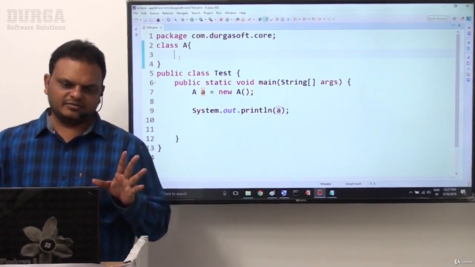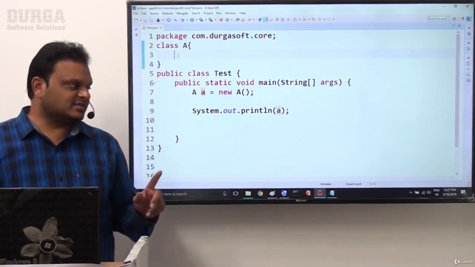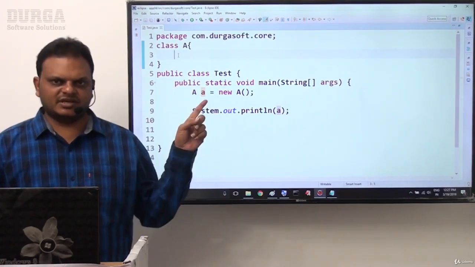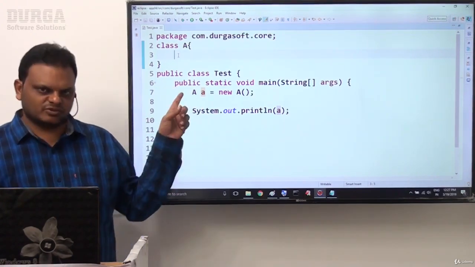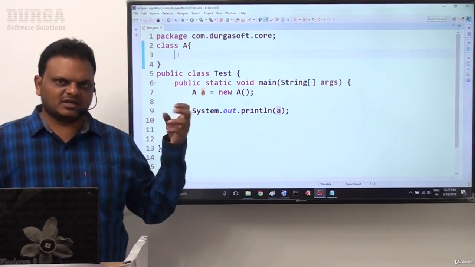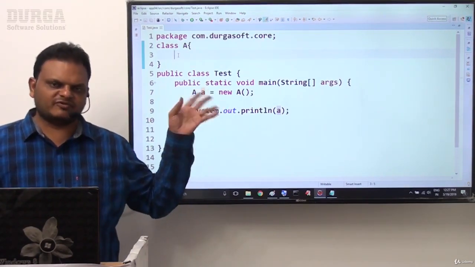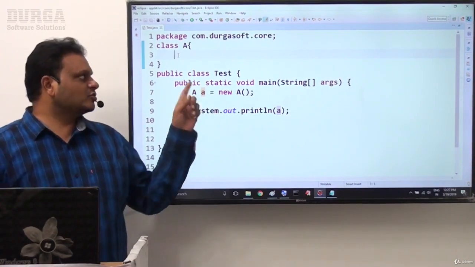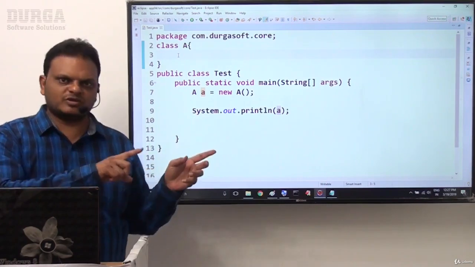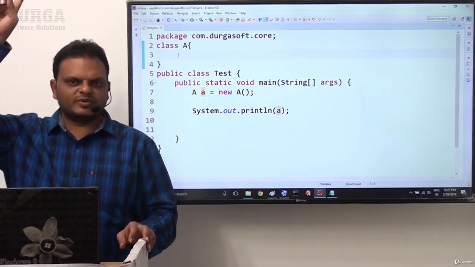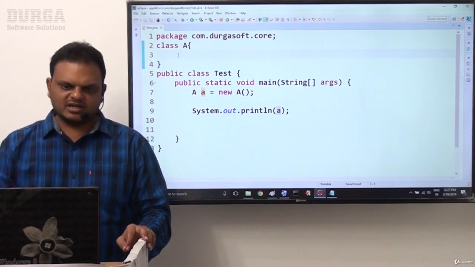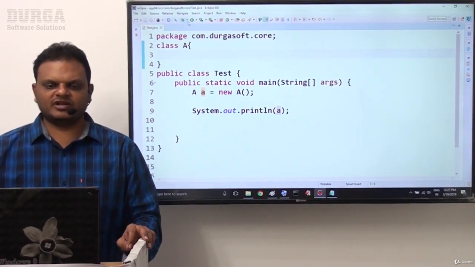This is exactly the internal flow of execution of the toString method. For example, if the toString method is available inside class A, then immediately the JVM will execute it and display the content we provided inside the toString method of class A. The JVM will not go to the Object class toString method.